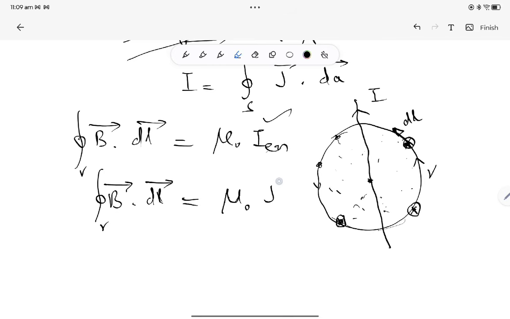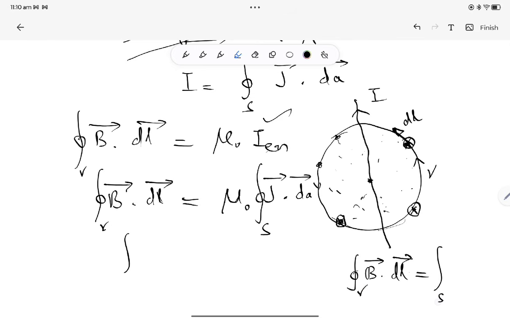Mu naught j dot, we can write current always as you saw it here, the surface integral of j dot dA. Now, let us convert this into a surface integral using Stokes theorem. According to Stokes theorem, the loop integral of B dot dl is equal to the surface integral of